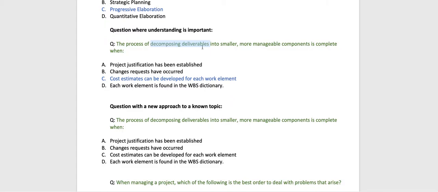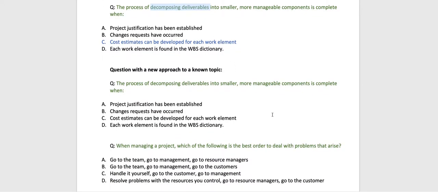That's why I'm saying train your mind before you go and see the exam with the surprise questions. I don't want you to fail. I want you to succeed on your first attempt. The next question can be a question with a new approach to a known topic. Like an example, there will be,